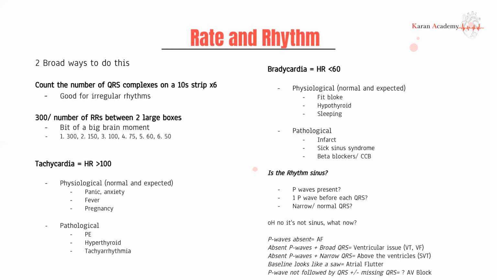Starting off nice and easy, let's talk about rate and rhythm. Now, in most cases, the ECG strip you get has the rate on it, but do not trust it, especially not in front of a cardiologist, because they will make you calculate the rate. You can either multiply the number of QRS complexes you see by 6, and that's pretty good for irregular rhythms. If you have a regular rhythm, you can divide 300 by the number of,